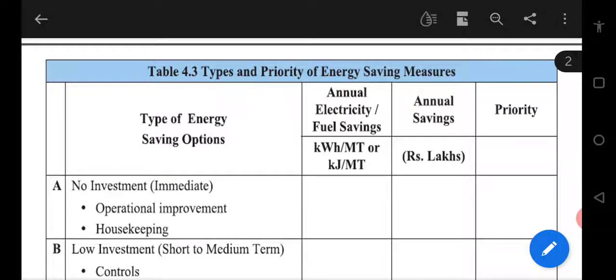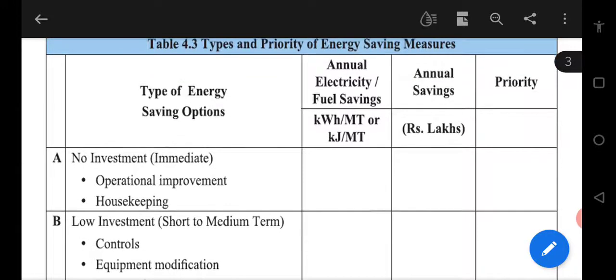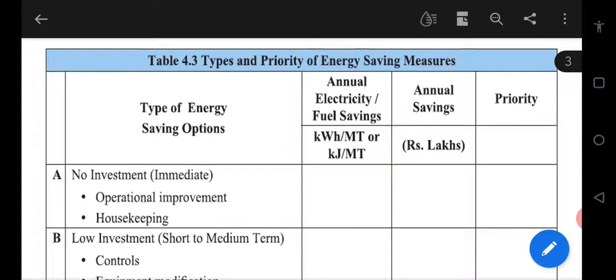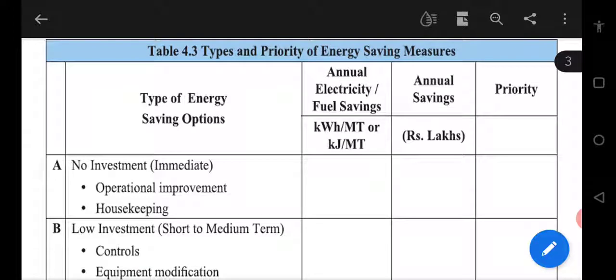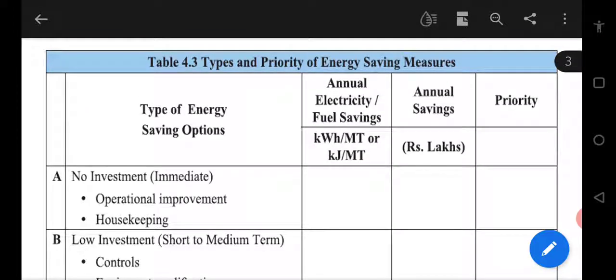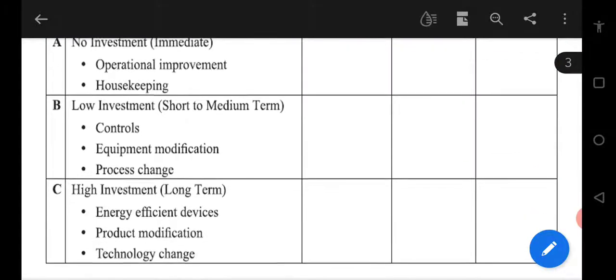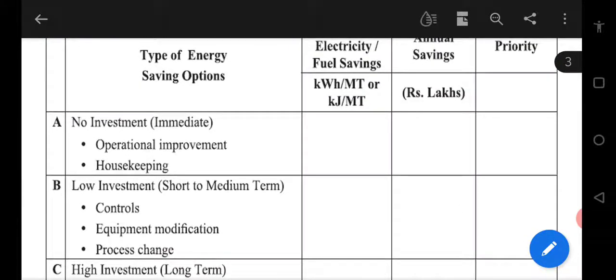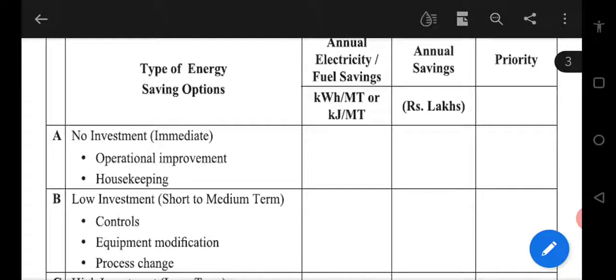Regarding the audits we have seen, we are going to find out opportunities where we can save energy without compromising on the comforts or the output. And the report at the end when you are submitting should have some classification as to immediate, short term or long term investments. The immediate options can be without any investment, like improving the operational efficiency of the plant and equipment, or some housekeeping tips.